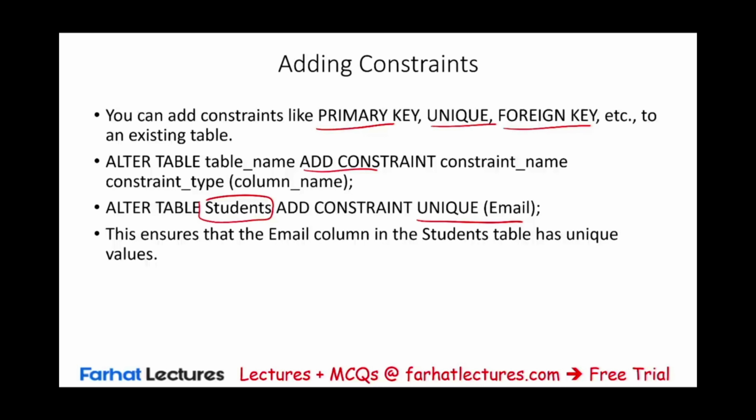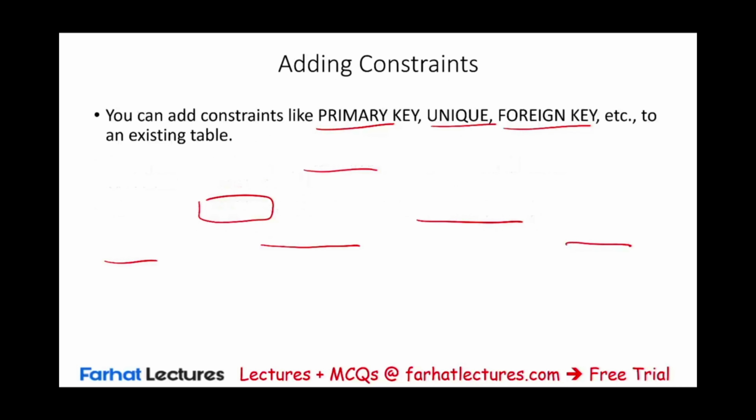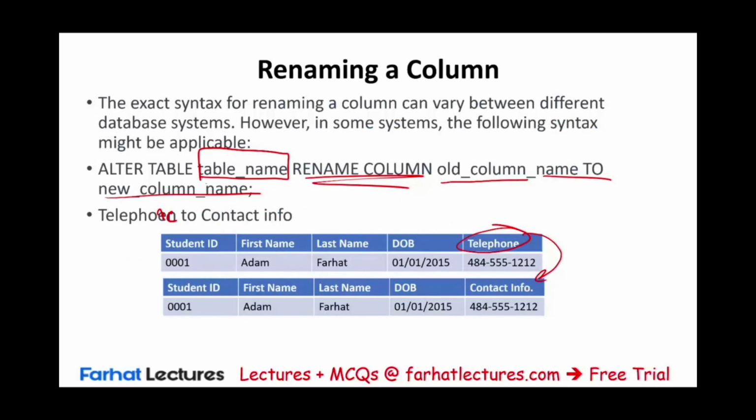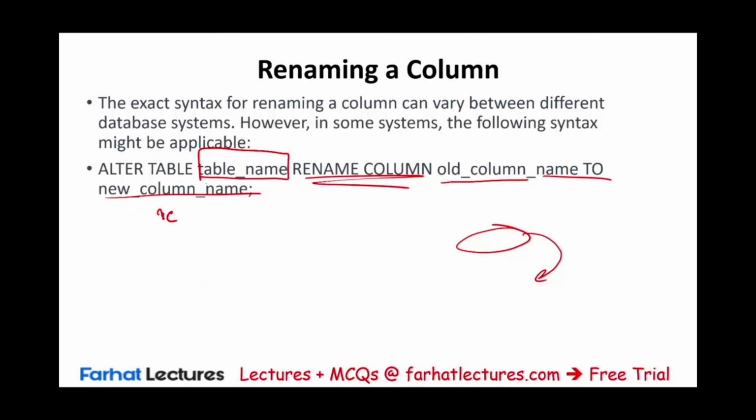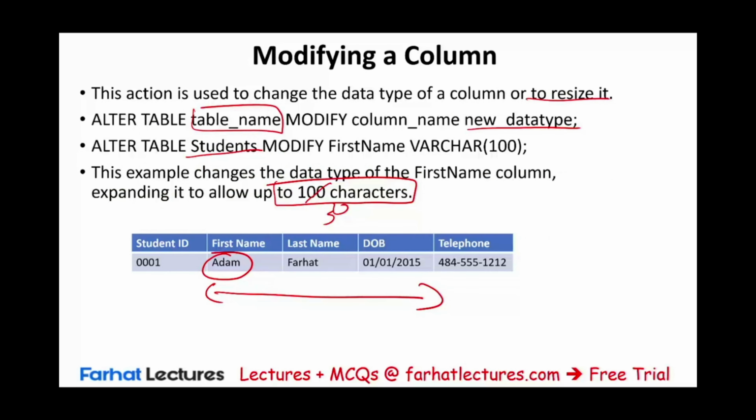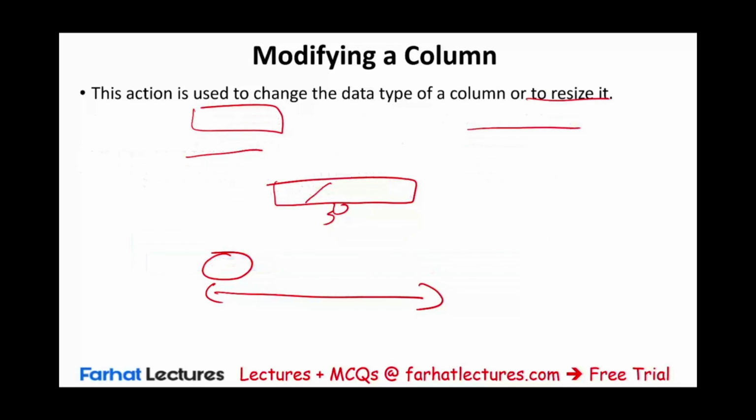So every customer should have a unique email to ensure that the email column in the student table has unique values. So no one student can have two of the same email. Basically, what we're saying is, if you're inputting an email, let's go back to the table. I should have shown you the table here. We don't have an email, but let's assume we go back to the table, email. What we're saying here is, you cannot have a same student with this